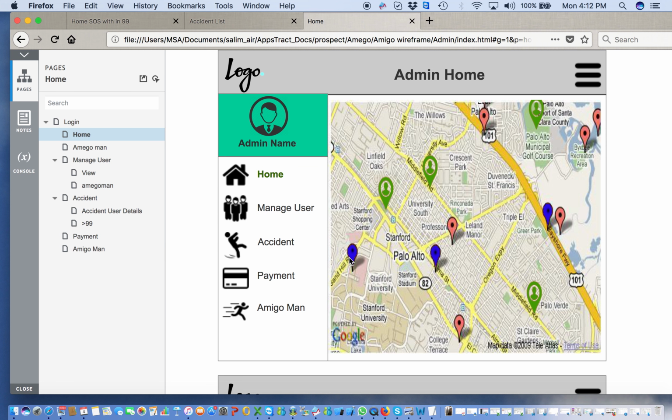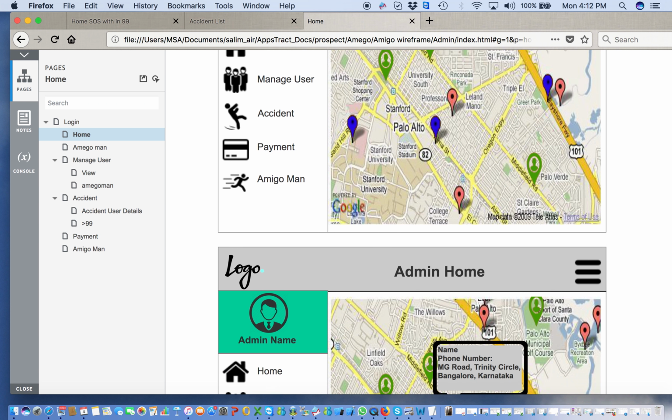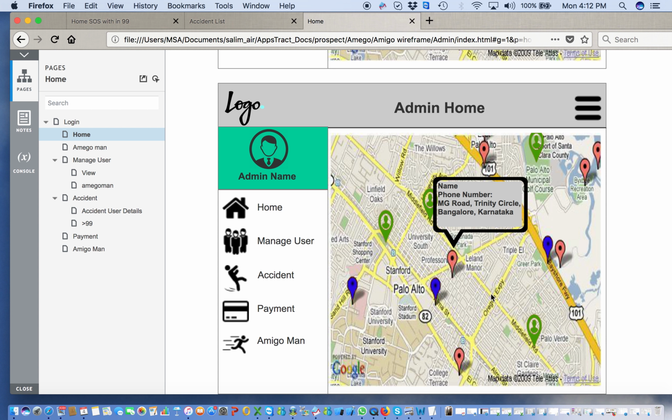The second one is the red one, which is the customers who have had an accident beyond 99 kilometers. They are to be treated as emergency operations or SOS services they require. And the green marker basically represents the Amigo man, the location of the Amigo man at any point of time for that location. So having shown you this, now once you click on each of the button, you will see